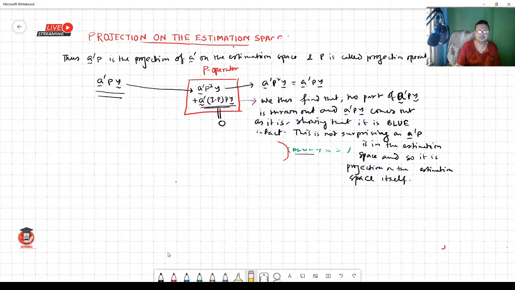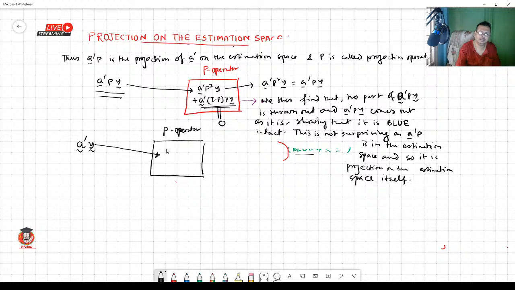If you have an unbiased estimator of lambda curl prime theta curl, I denote this by A curl prime y curl, and then you put this into this box P operator, this automatically breaks into two parts, because this portion does not contribute to theta, or theta does not involve these portions, so we throw out this portion